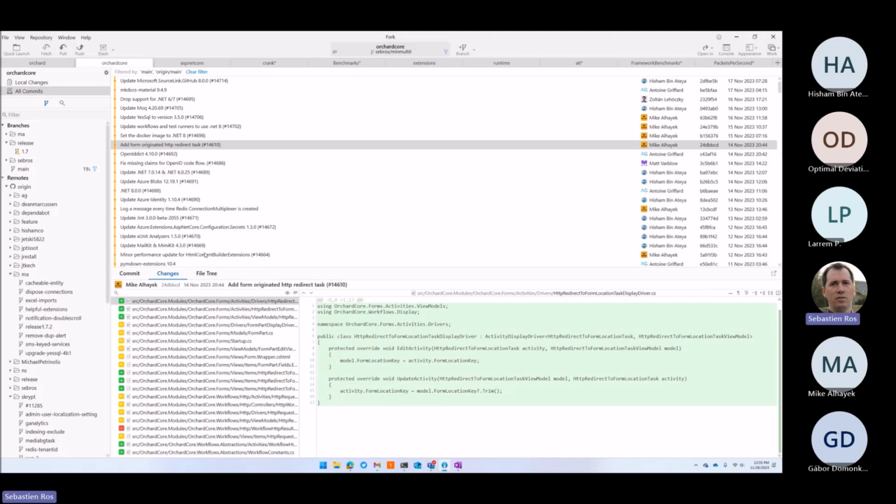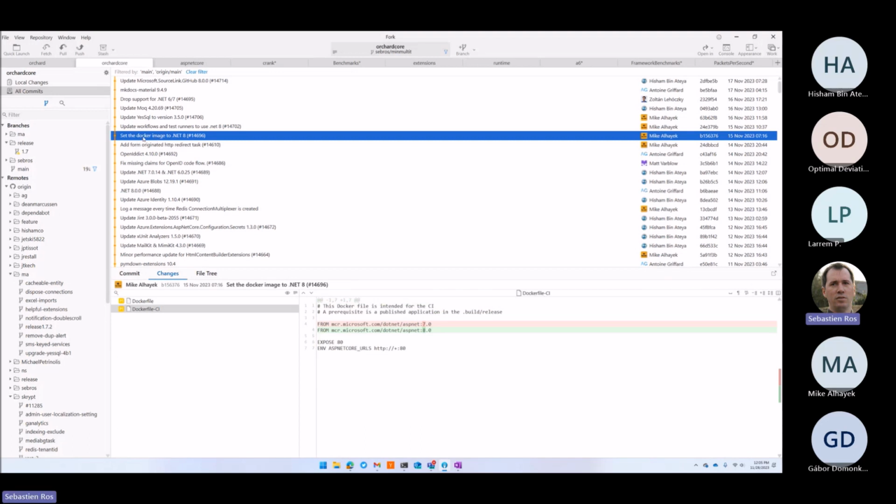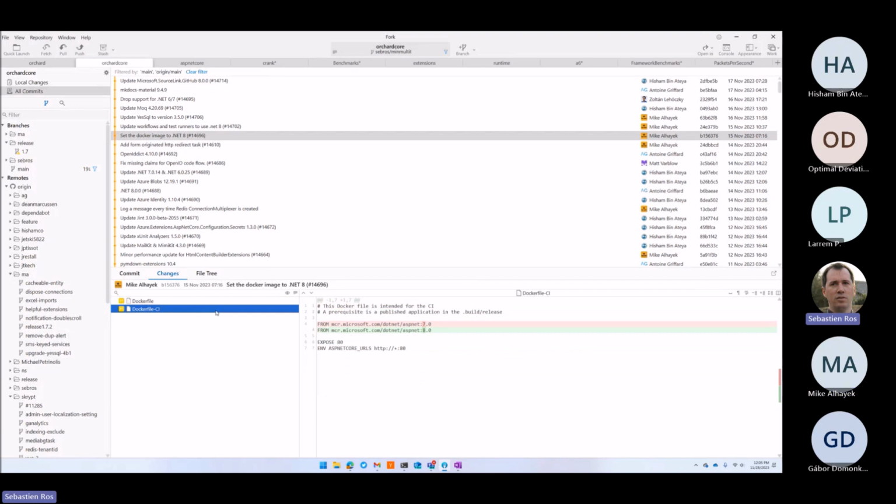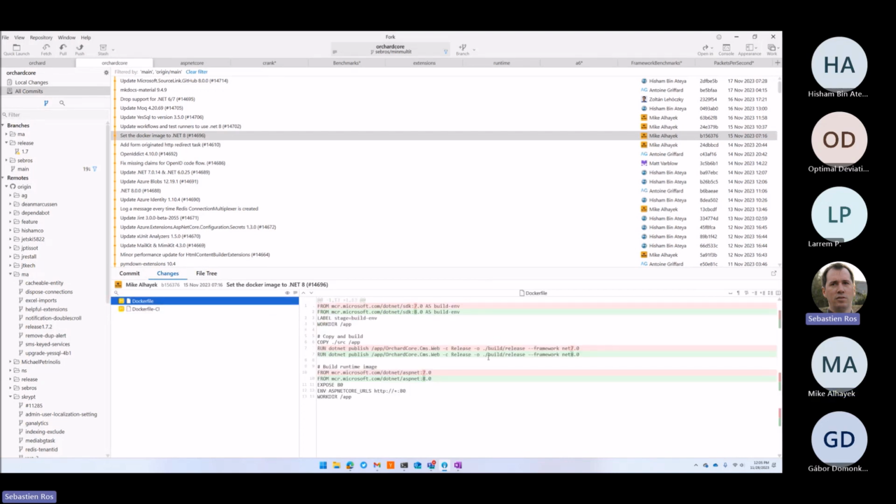So if you have 1 or 2 forms and you want your workflow to redirect to one of these forms, then you can do that. Set the document image to document 8. Okay. This one is still failing. Okay. Oh no, not this one. Nope. No, this one. This one is just updating which image to use, so it should not break anything.